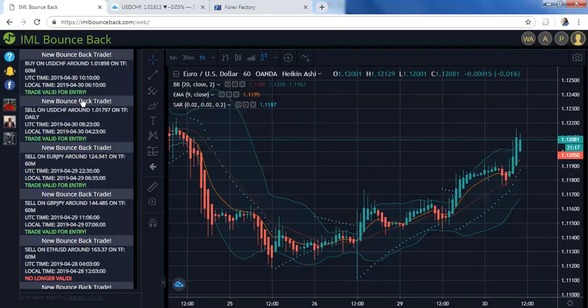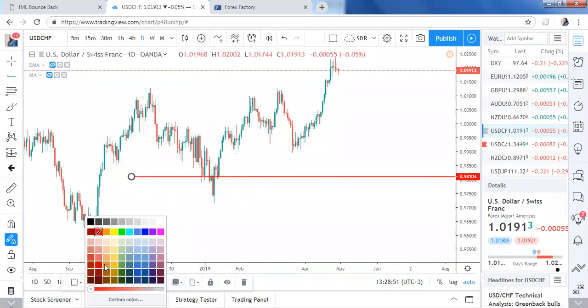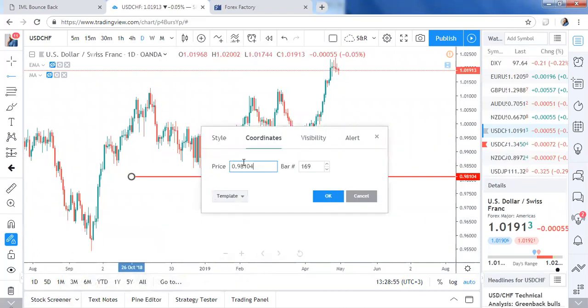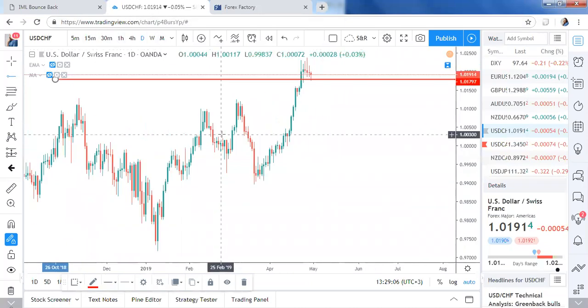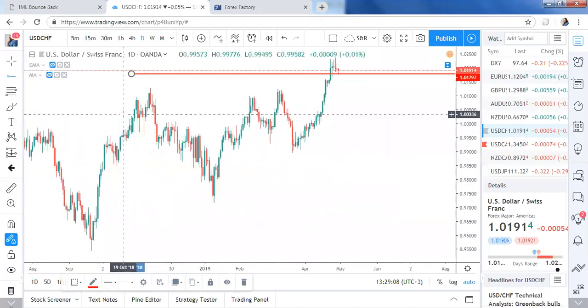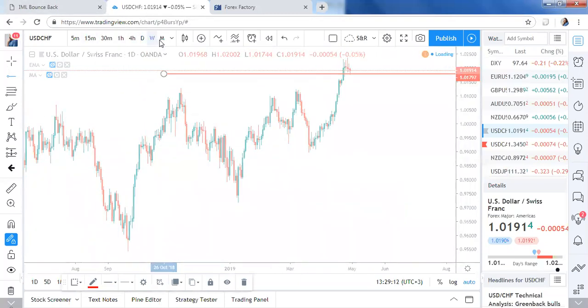Remember, price is telling us to sell around 1.01797. That's where price is telling us to sell on the daily time frame. Not often you get a trade on the daily from Bounceback. But anyway,